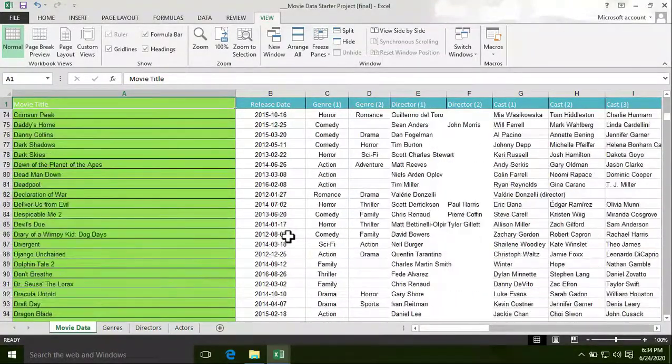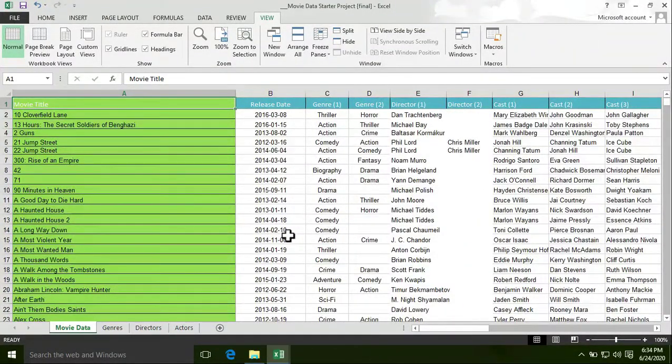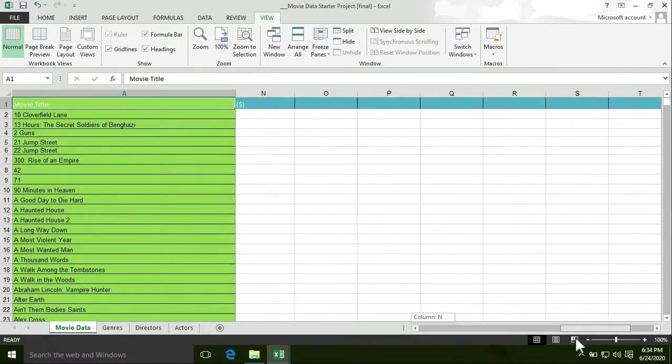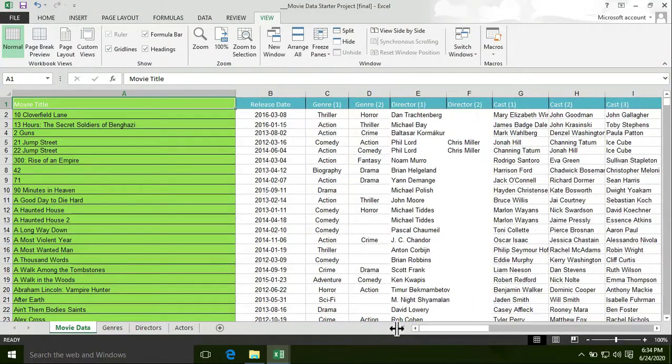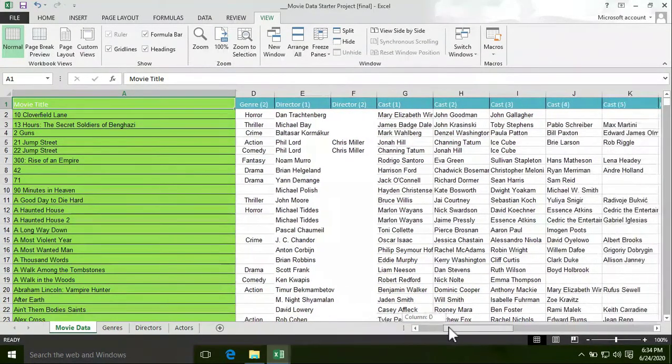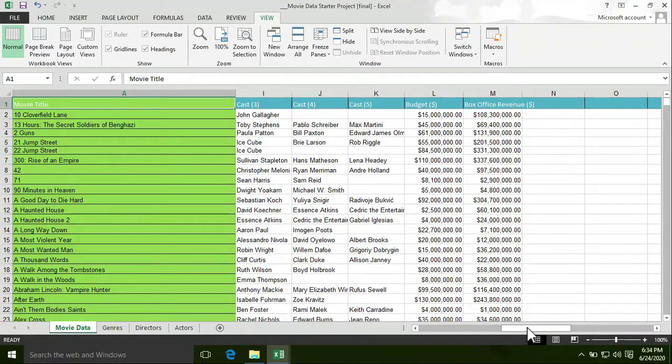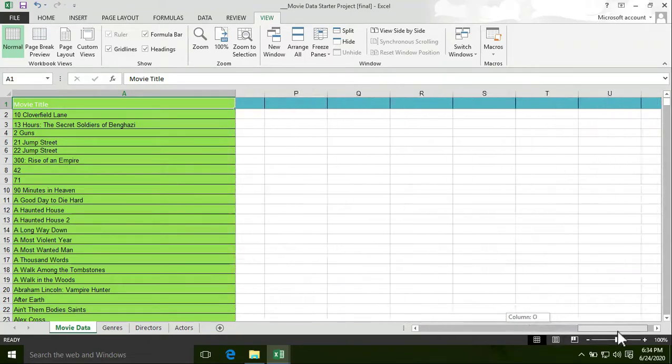Now if I check the first column, I'm going to scroll horizontally from left to right. Now check it. As you see, the first column is frozen. Now I can easily see the first column while I am scrolling horizontally from left to right.